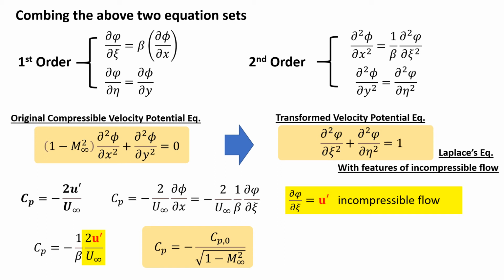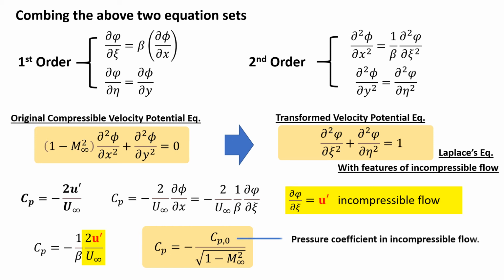So we can simply do a measurement, and then we don't need to do the high speed flow measurement. By just using this correction, we can estimate the pressure coefficient at a higher speed with compressible flow. So this is a very important